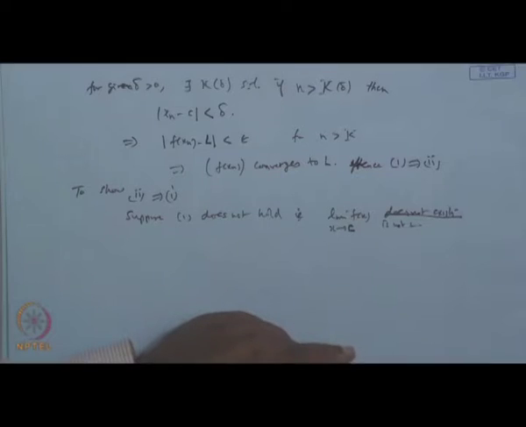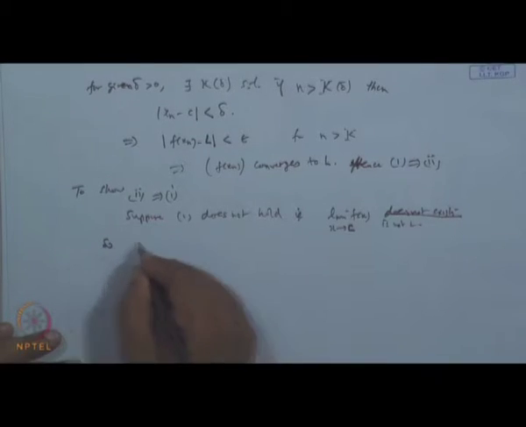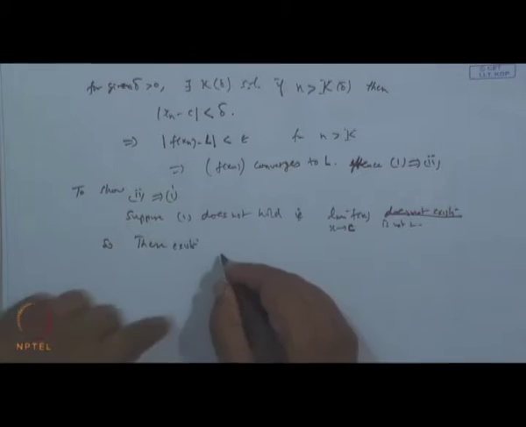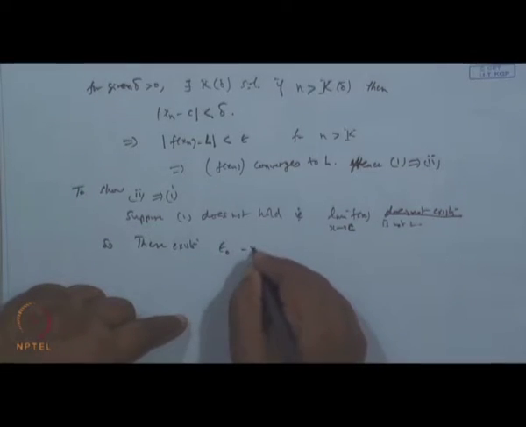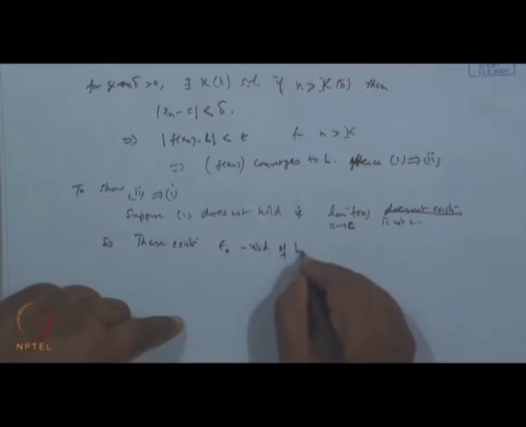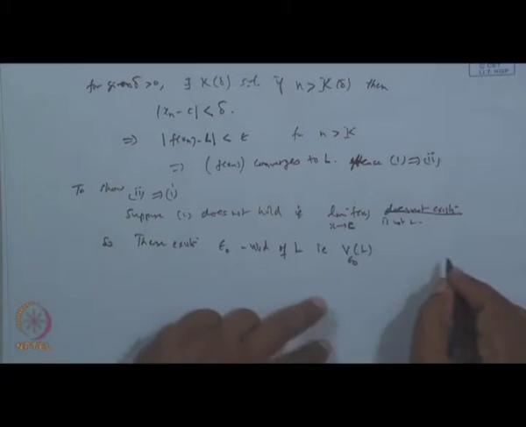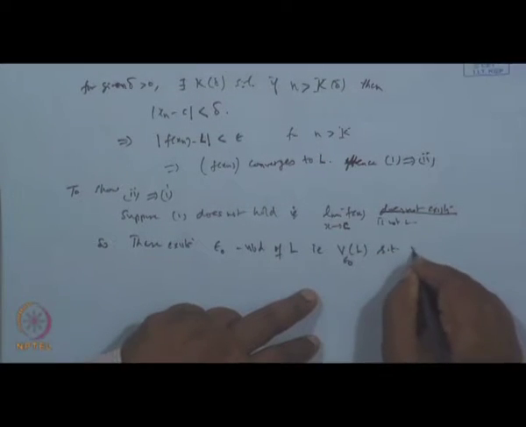It means that if 1 is not true, then there exists an epsilon naught neighborhood of L, that is V(L, epsilon naught), such that no matter what